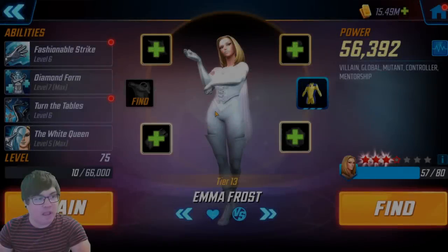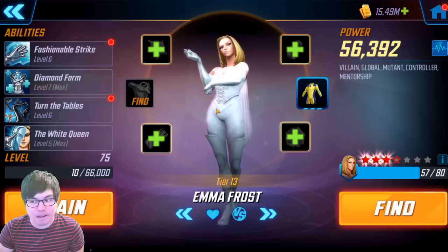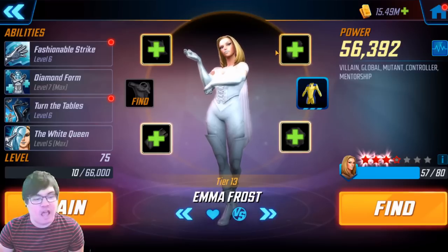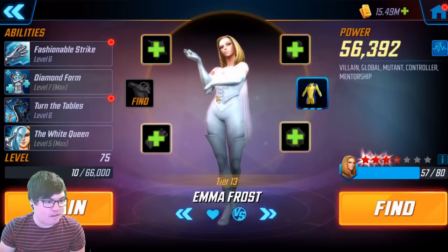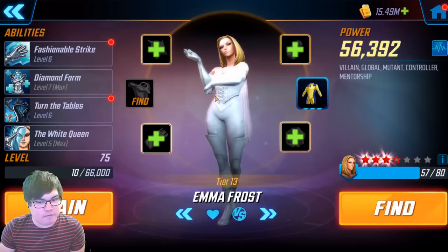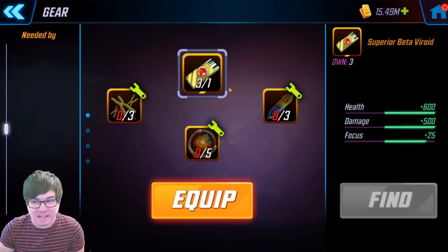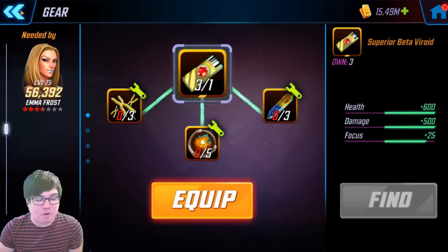Okay, and so this is my Emma Frost here at 6765. Gear tier 13, level 75, and I have a few pieces of gear in her here. I'm a bit reluctant to go the extra way for tier 14, without a doubt. Again, she is a very strong character. I am a little bit on the fence about whether or not I want to take her all the way to tier 14. I do have a couple of pieces actually from Dark Dimension 3 from clearing that for my second round,